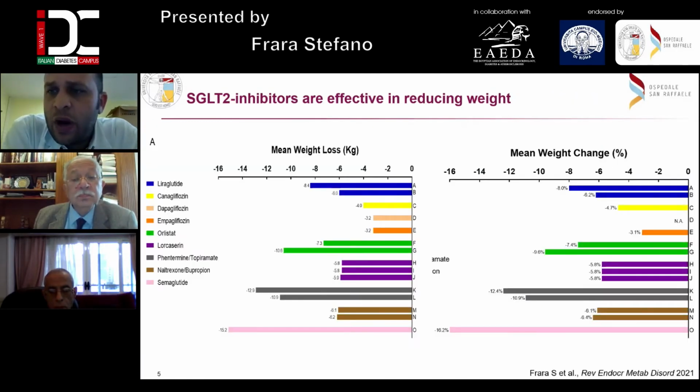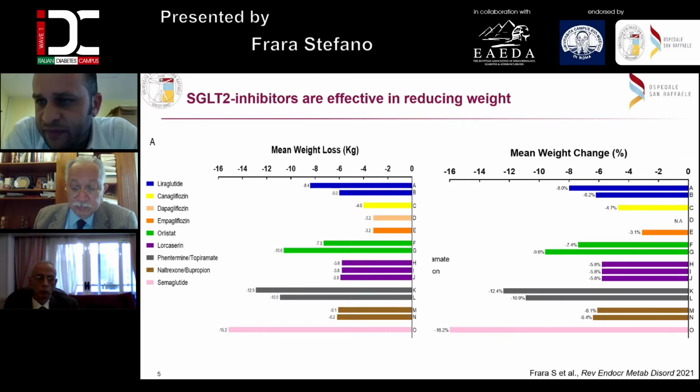And once again, when we are treating our patients, most type 2 diabetic patients are obese. And so what about the BMI, the body mass index, and weight? All three drugs are effective in reducing weight, and this is coming from a review that we have published just a couple of weeks ago, showing mean weight changes when we are prescribing SGLT2 inhibitors only as an add-on therapy,